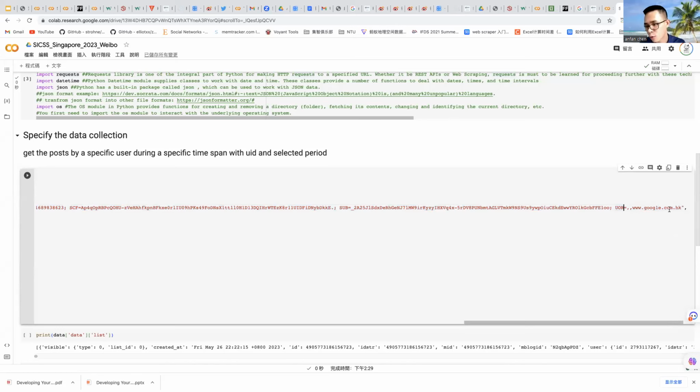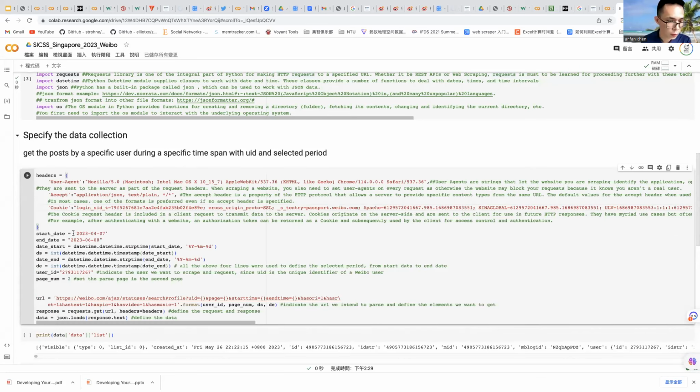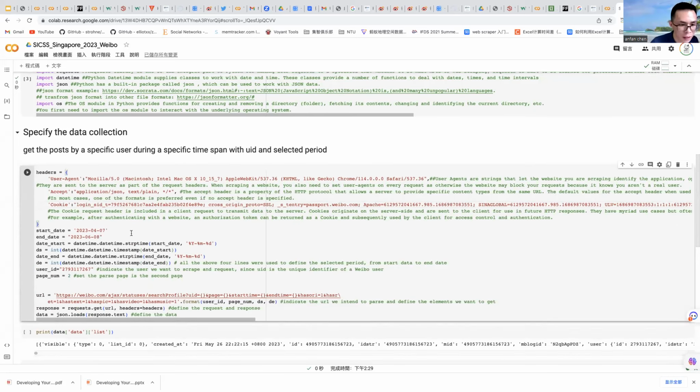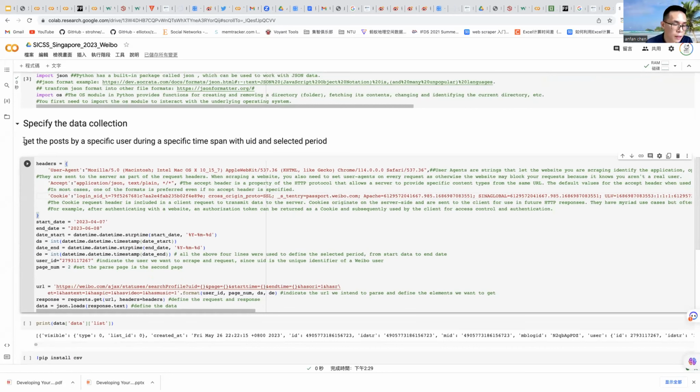Okay, why is it in Hong Kong? That is because I set my Weibo in the Hong Kong area. So because we want to get the posts during a selected period, we should set the period, the start date and end date.